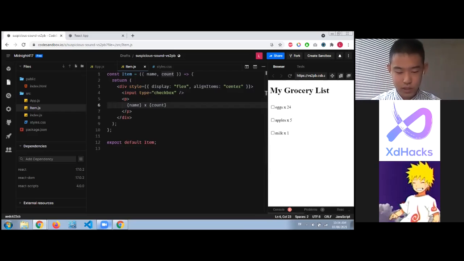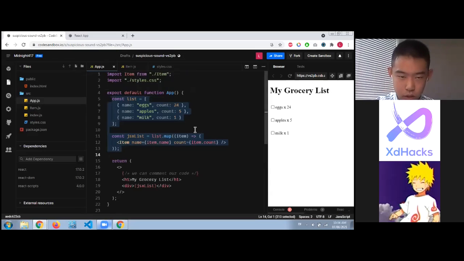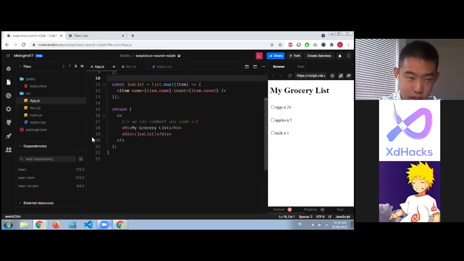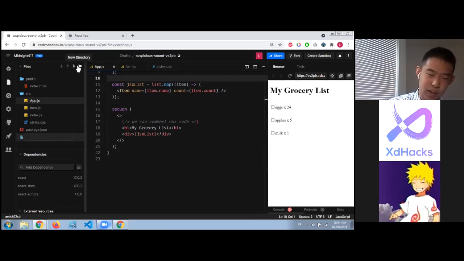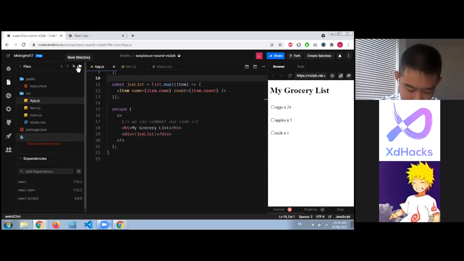And let's move on to the next step of adding some input and some buttons to the original application so that we can actually put new things into our grocery list. So let's actually create a separate component. You don't have to, you can just do this in the app if you want to, but for demonstration, I will, because there are some important lessons to be learned when I do this. So I'm going to say like